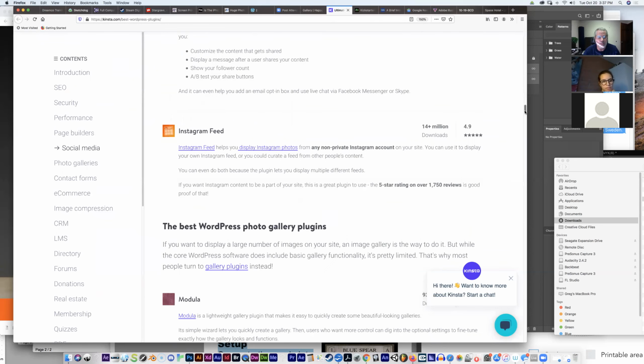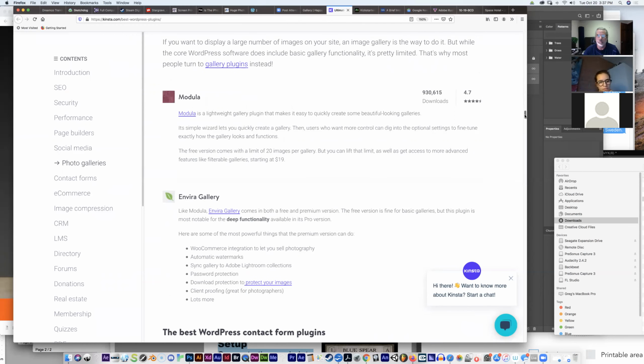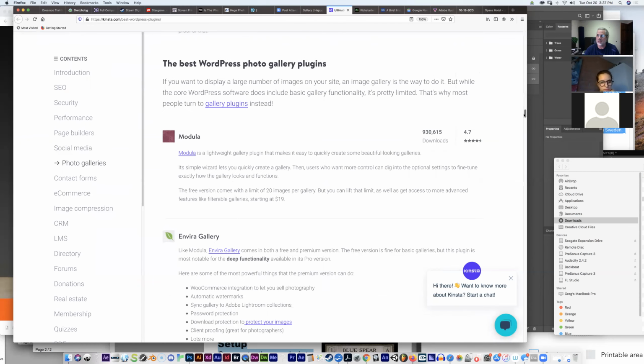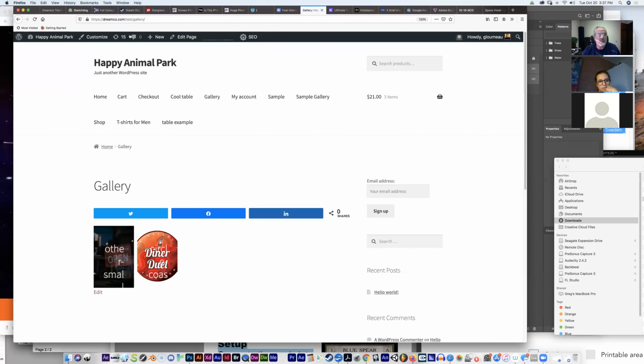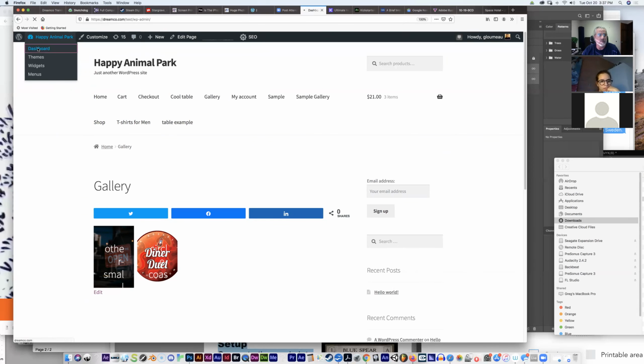Okay, other plugins. Modula is a gallery plugin that they recommend, and also Envira Gallery. And I like both of these, but I guess I like Modula just a little bit more, and I'll show you why. Once again, you would just go search for Modula and download it, install it,